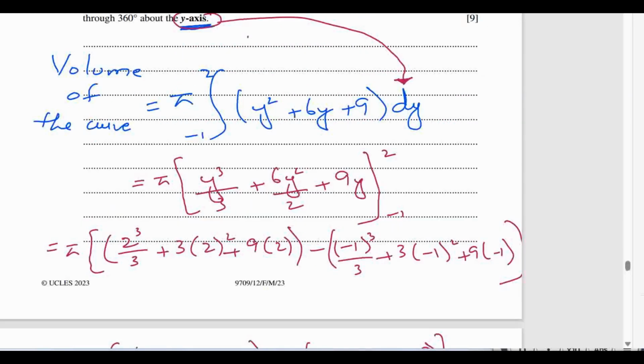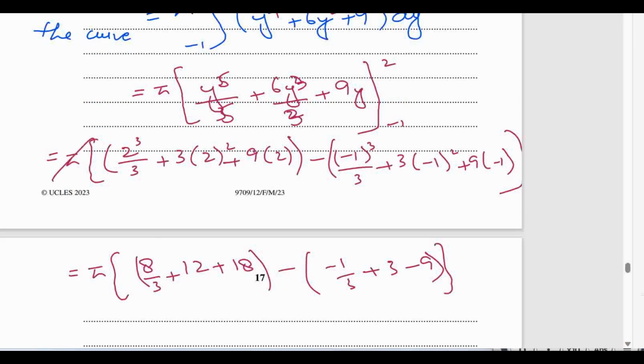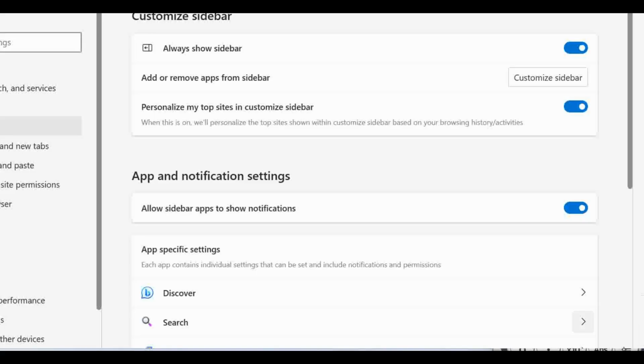Okay, there is a slight mistake: here this will become y4 and this will become y square. So that is why this will be y5, here this will be 5, and this will be 3, this will be 3. Then you can use the limits, just simply put the limits and you will get the final answer, like upper limit minus lower limit. So this will be equal to